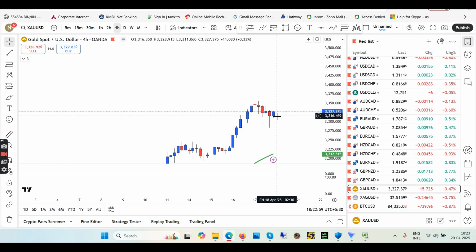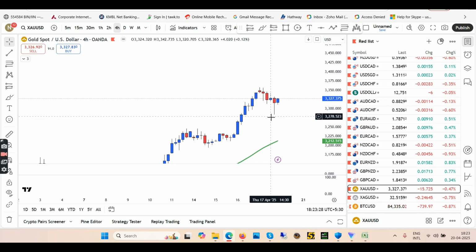So as soon as this blue candle eats this red candle in the 4-hour chart, okay? So for example, this high which we have is at 3328.365, okay? So as soon as 3328.365 is broken by the next blue candle, you can enter buy. Okay, you know how it works in gold. We are in uptrend since number of years now. It's only a good idea to take longs in gold. Okay, if you're a short-term trader, do whatever you feel like.